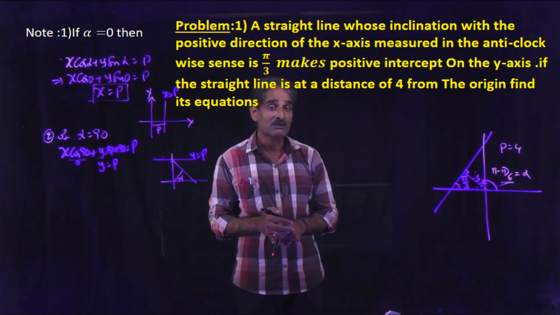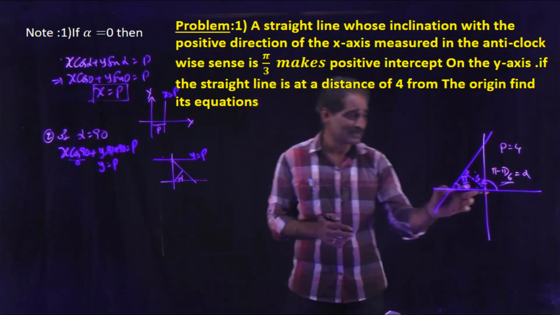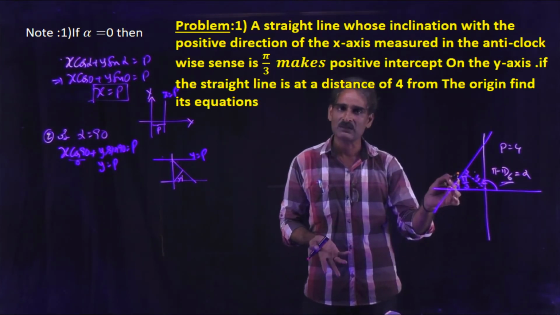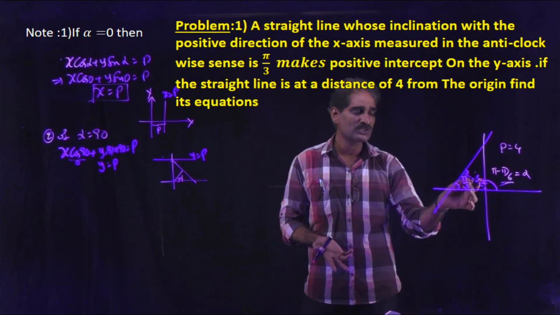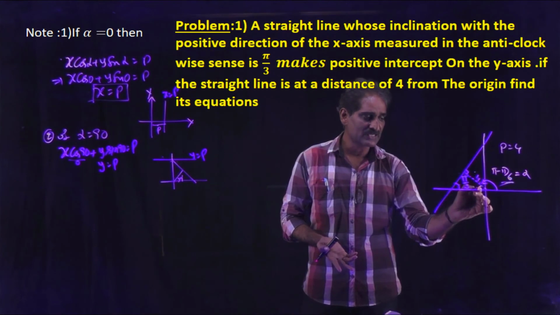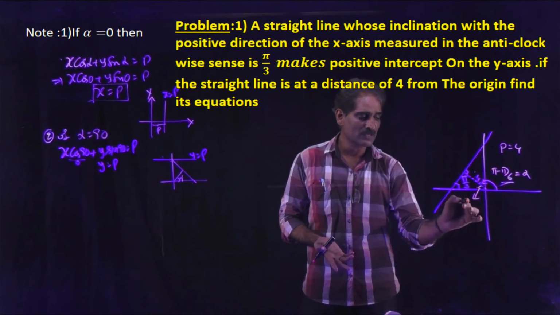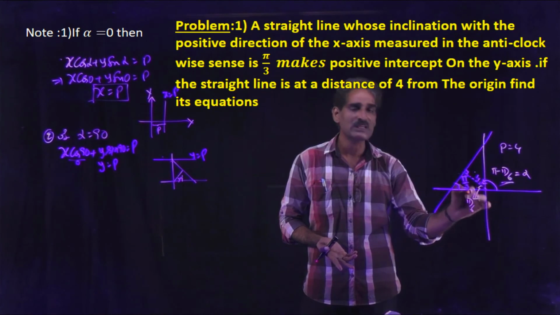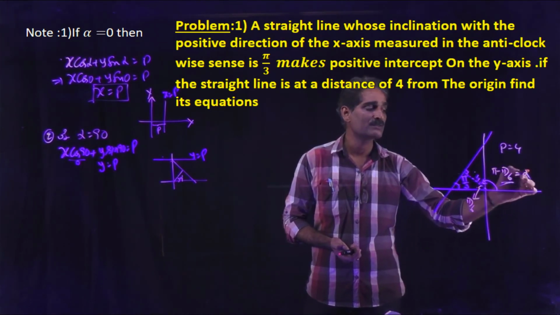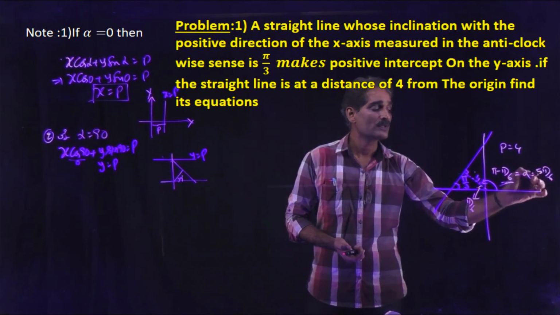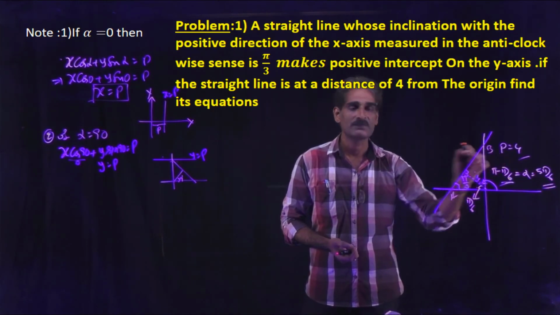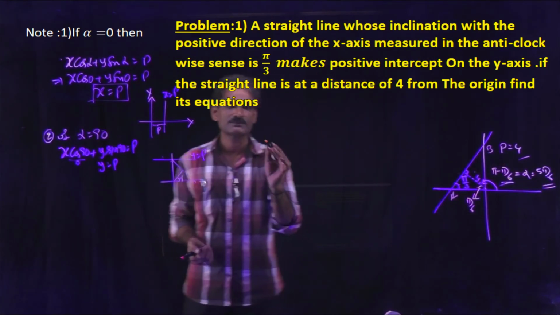Here in normal form, alpha is the angle made by the normal with the positive direction of the x-axis. Clearly this is the normal. In case of this, you have to find out this angle alpha. So from this figure, you can write this angle. What is the angle? Pi by 3, 90, pi by 6. The total angle is 180, so the remaining angle is pi minus pi by 6, that is equal to 5 pi by 6. So with the help of alpha and p, we can write the equation of this line AB. Understand? Write down the steps.